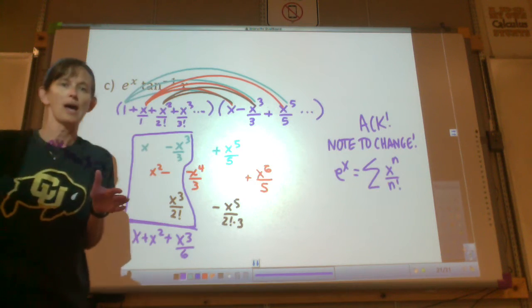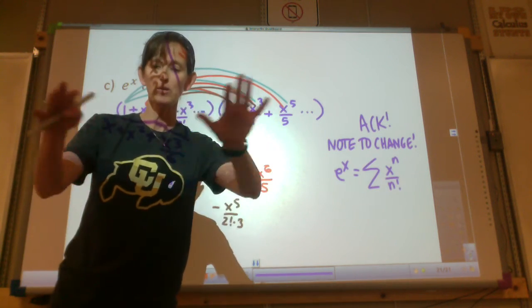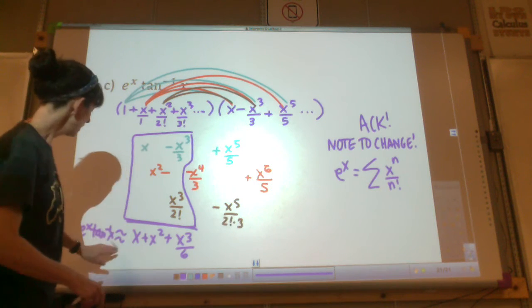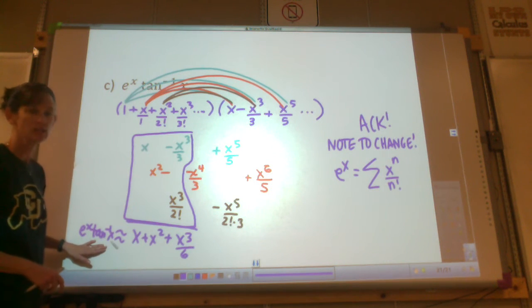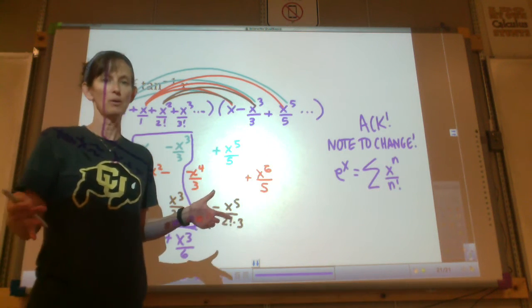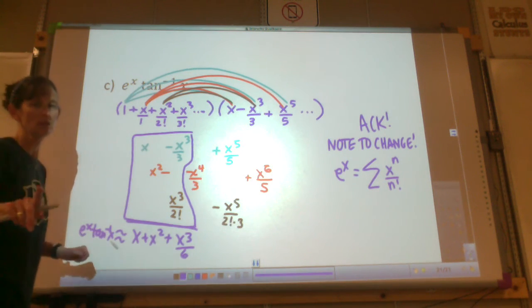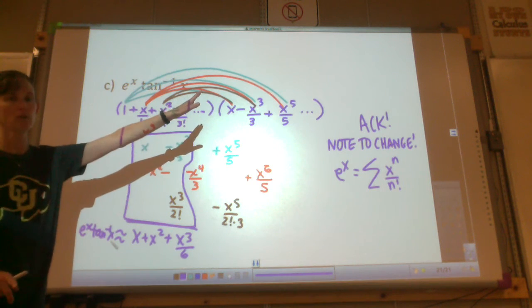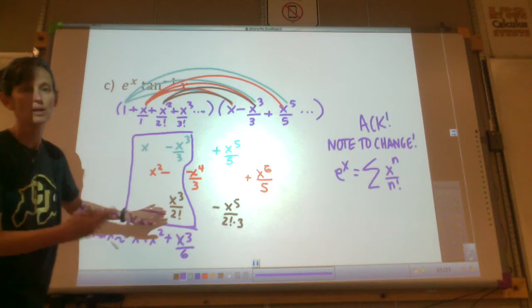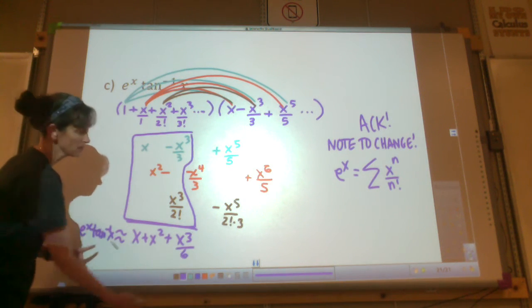You cannot do that with your stick in the sand. All you have is an island, a stick, one coconut. That's it. You can't do the e to the 0.1 arctangent of 0.1. There's no way. You don't have a calculator, right? You're not going home. But if you know a little bit of calculus and a lot of distributive property and maybe how to add fractions, which clearly I don't know how to do, you can get this polynomial approximation,